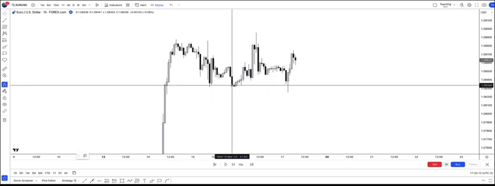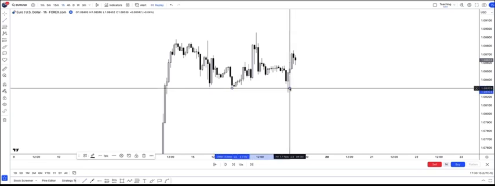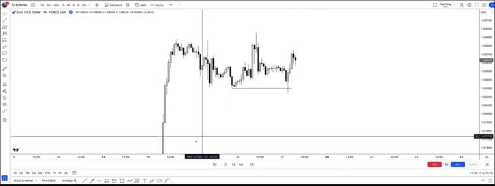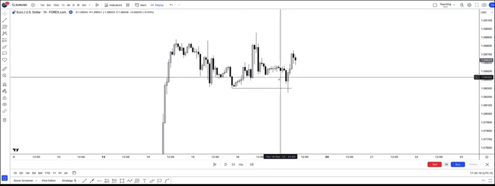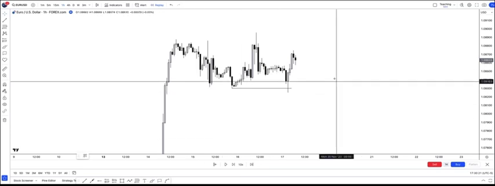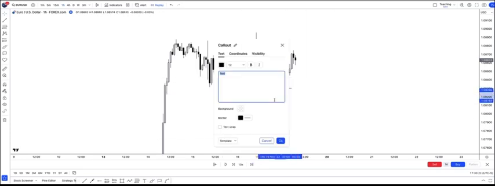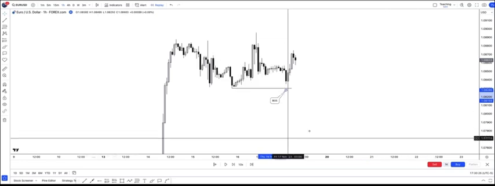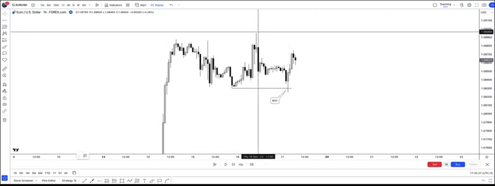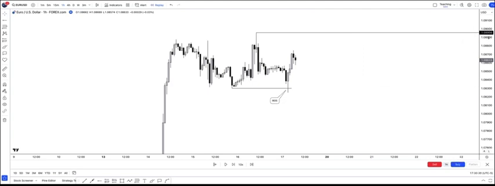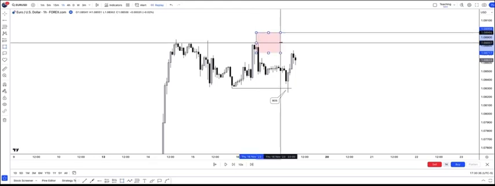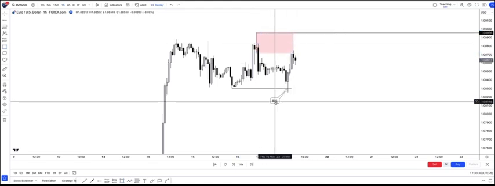Frankfurt Open had a big drop, grabbing all of this liquidity, inducing sellers into the market as they see this being their BOS. So what does that tell me? That we're gonna have lots and lots of liquidity above this high, 108,956. Okay, and essentially this whole area up here is gonna be a trap. All right,